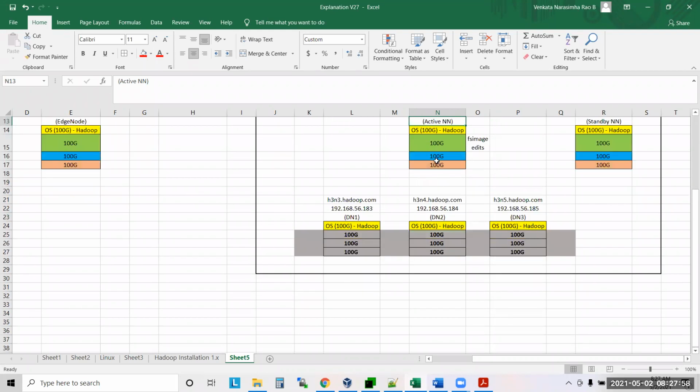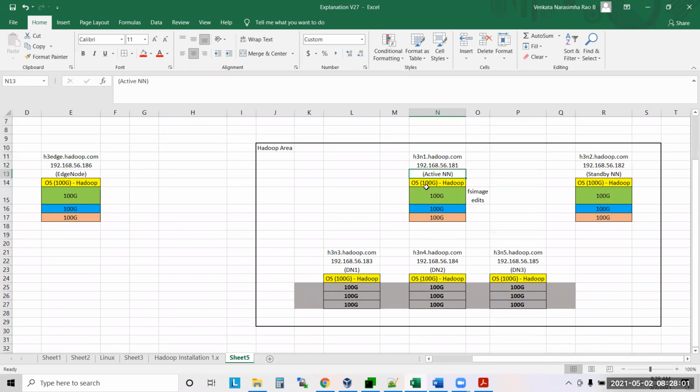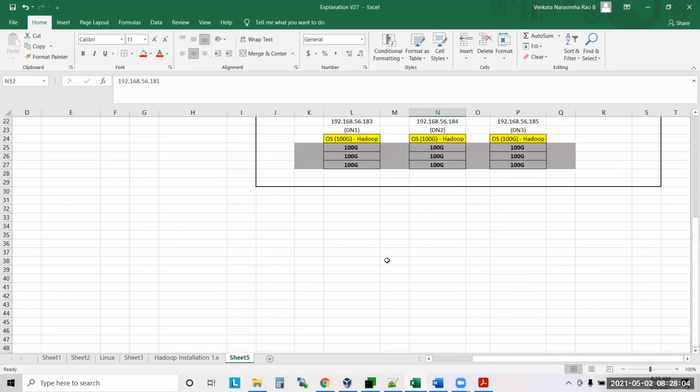Let us take this scenario. How many name nodes do you have here, guys? 2 name nodes we have, NN1 and NN2. Let's say at 9 o'clock we are starting the cluster. You started both. What is the status of both name nodes when you started? Both will be standby. Then you select one name node as active. Which one do you want to make active? NN1. Okay, at 9:01 you are making it active. The status is active.